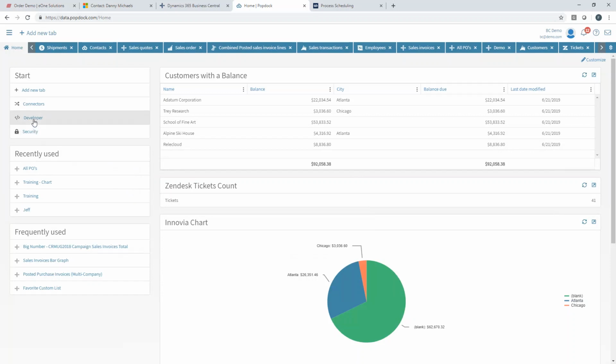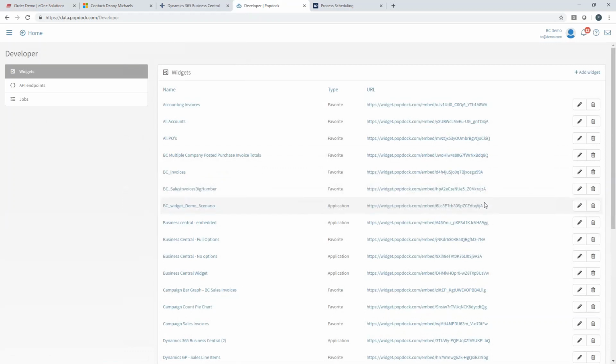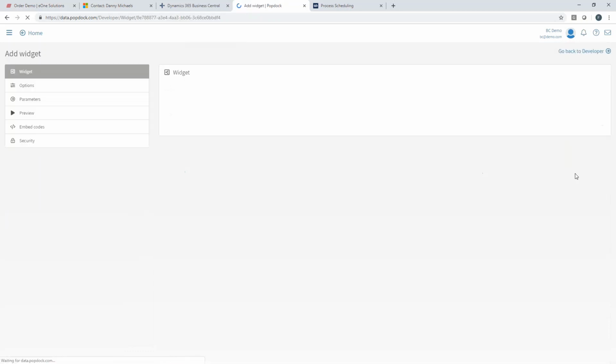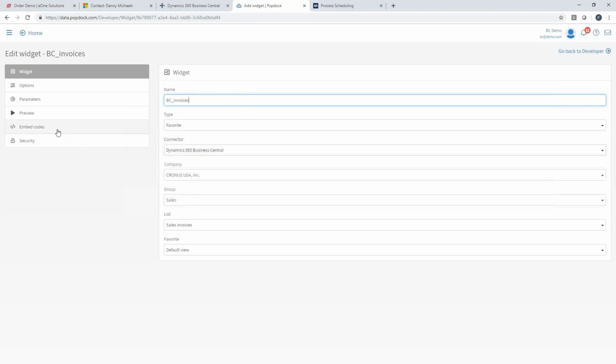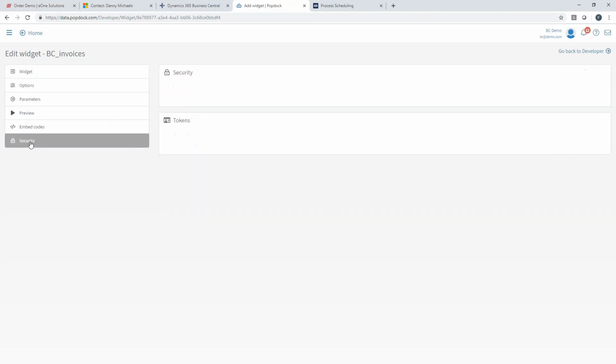So how easy is it to really build and embed some of those PopDoc widgets? How much time does that take? So the good answer is it takes really just a handful of minutes to build out everything that you saw today. And the reason is because PopDoc makes that pretty easy. So we enabled virtually every option in there. You could go ahead and pin these down if you want to. You can look at what actions do I want to allow them to do within a widget? Do I want to make it very accessible, not very accessible? I can look at this from a security standpoint, and I can make it available to only specific users, teams,